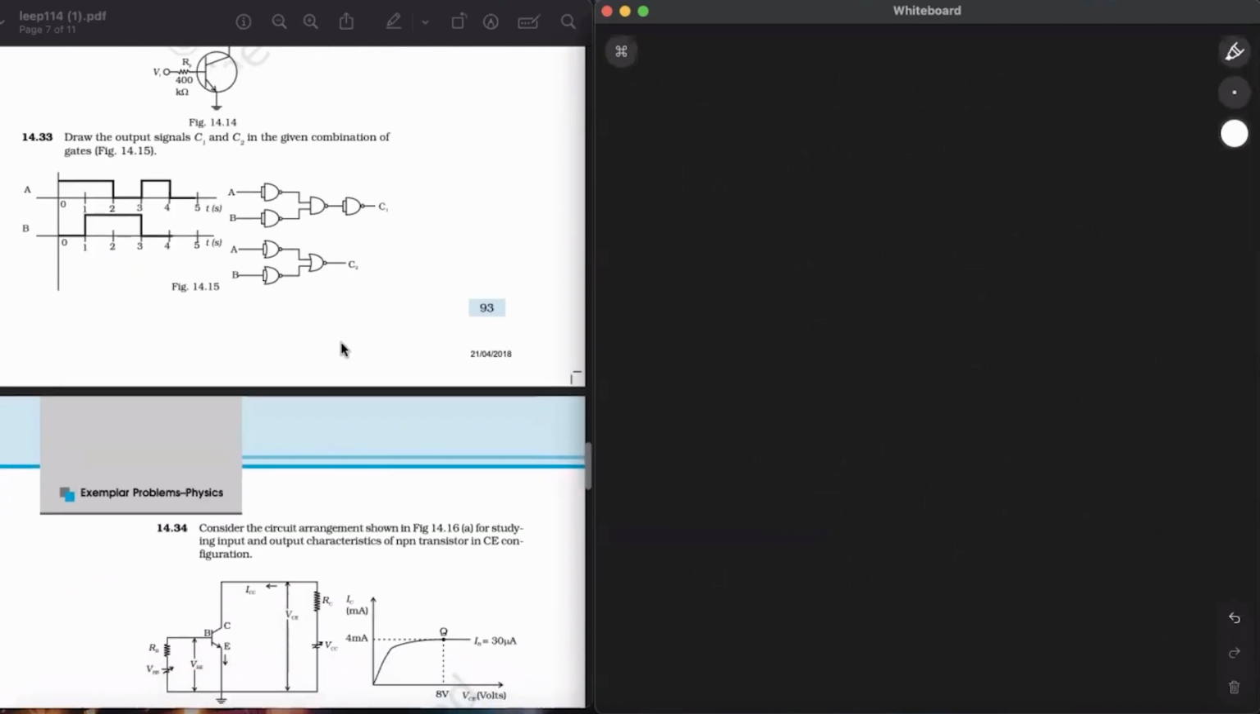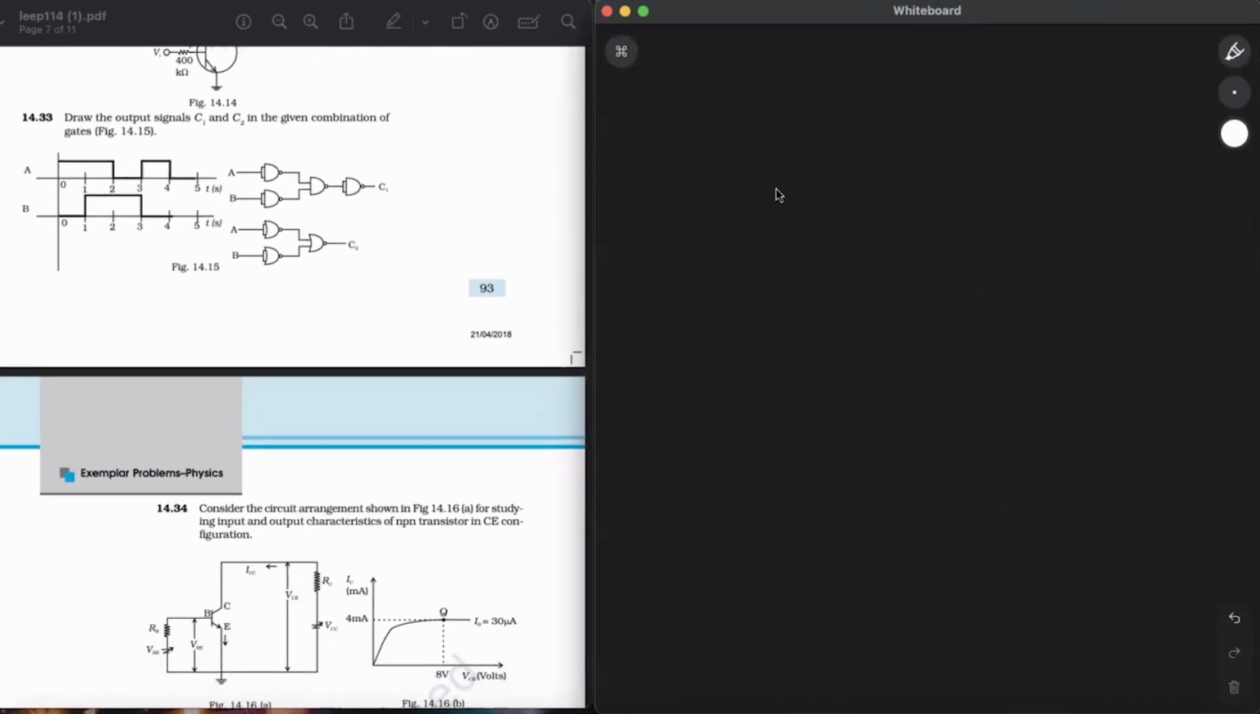Now moving forward, we have question number 33. So the output signal C1 and C2 in the given combination. Okay, the input and output are given. The input is given along with a graph. At t equal to 0 second, look, A is equal to 1 and B is equal to 0, and at t equal to 1, A is equal to 1 and B is also equal to 1. So we have to proceed like this. Right. Now if I want to draw